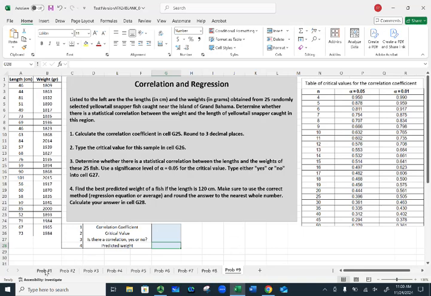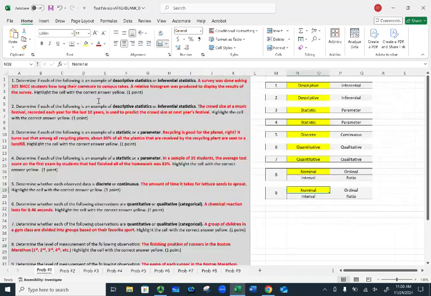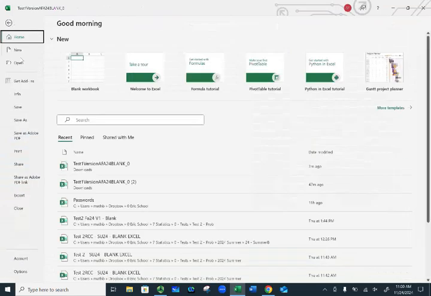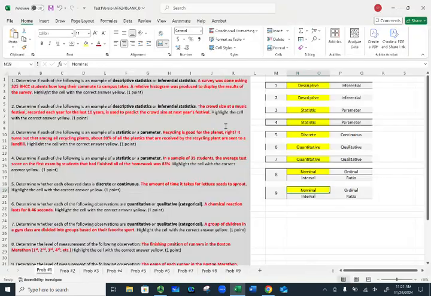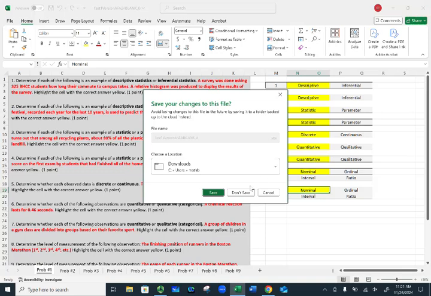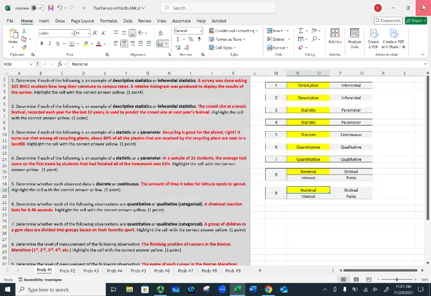So that's the exam. Once you're done the exam, you would save it. Save the exam somewhere on your computer. And then once you're done and it's saved, make sure you're not uploading the blank test. Make sure you save it. You know where you saved it. And once you've saved it, I'm not going to save it because I don't need to. Once you save the test,